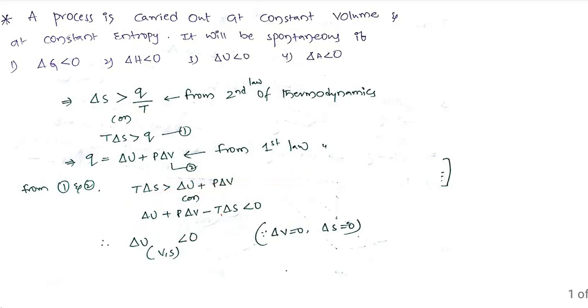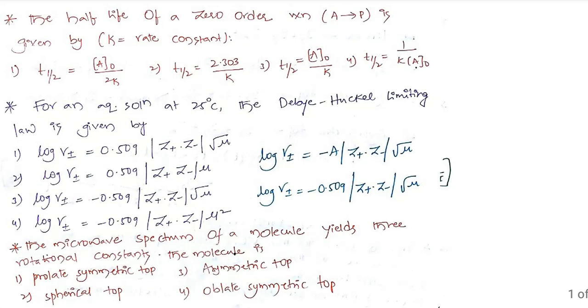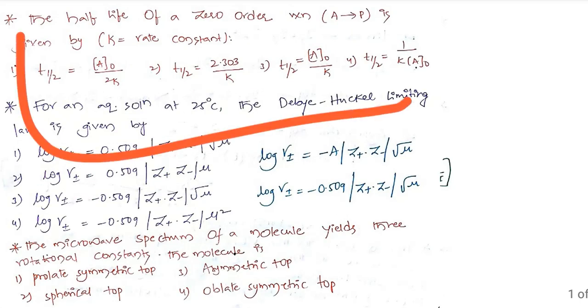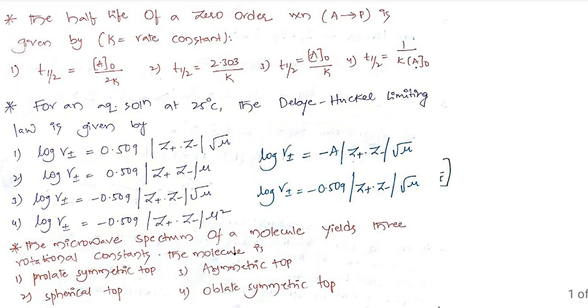And from that, whenever we take volume and entropy as constant, that is equal to 0, then delta U is less than 0. So the third option is the correct answer for the given problem. Okay, next one, the half-life of a zero order reaction A to product is given by, K is the rate constant. Simply the first one, t half is equal to initial concentration of A by 2K, is the correct half-life